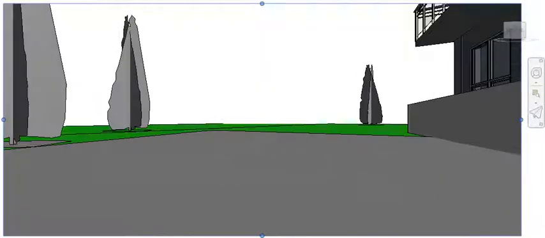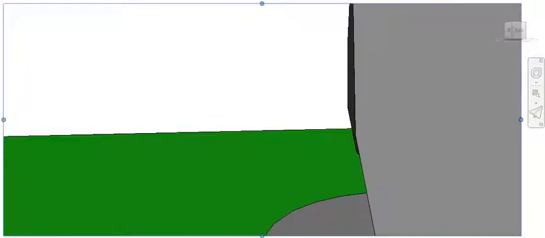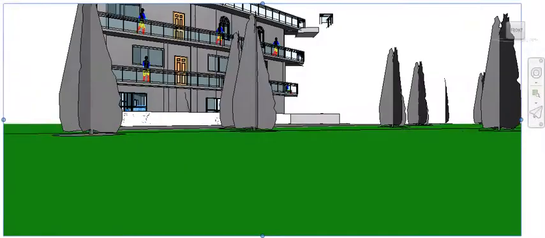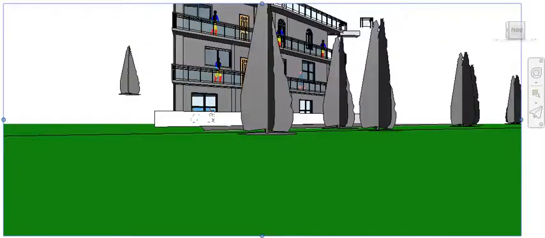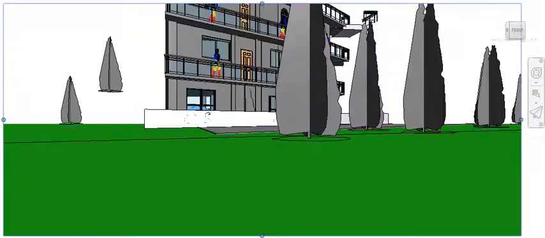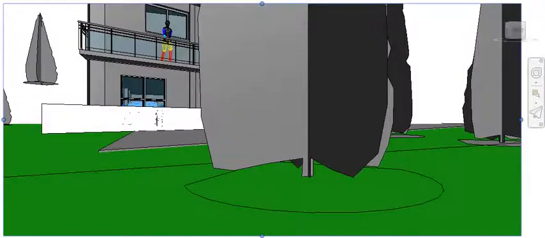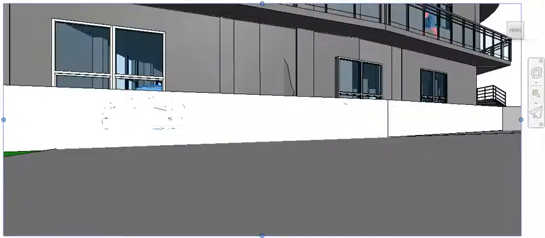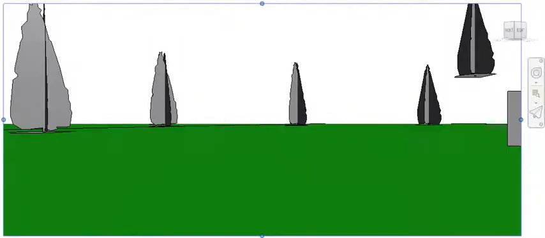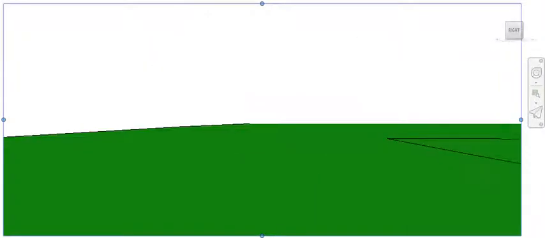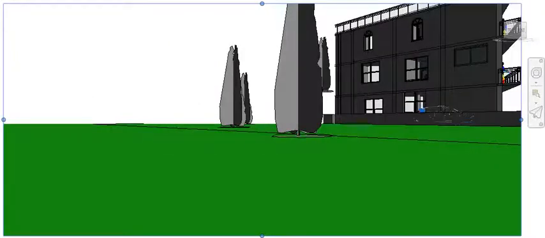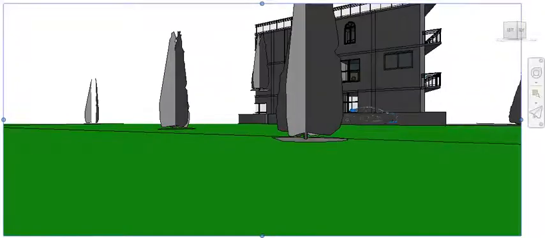I made the speed very slow because you can see each and everything about this building, that's why I made it like this. So watch it, and after that, if the time is short, I will tell you about the project also.